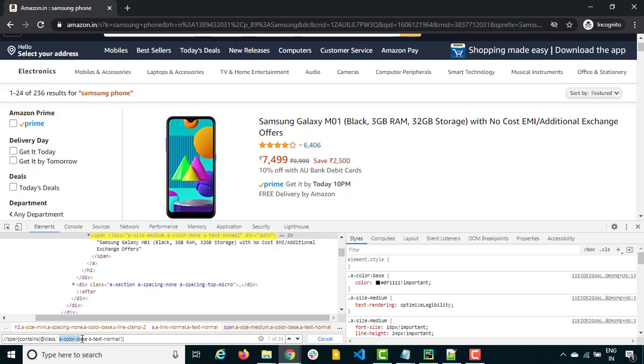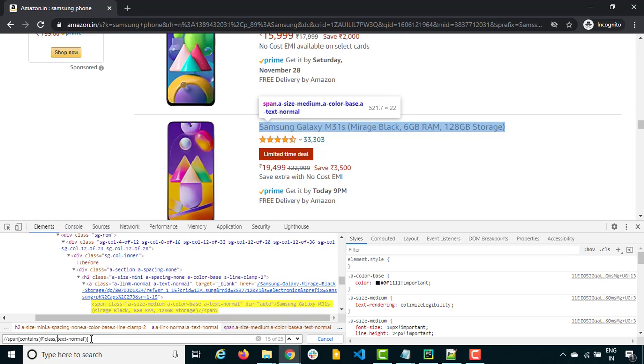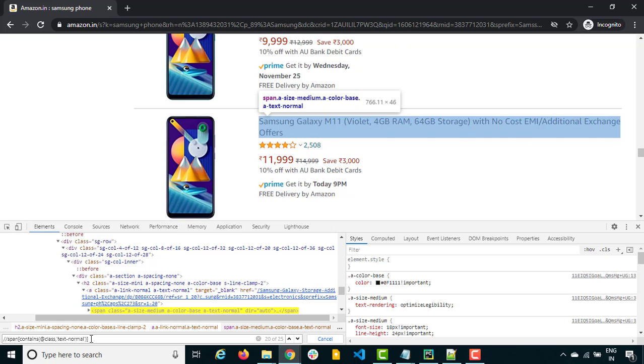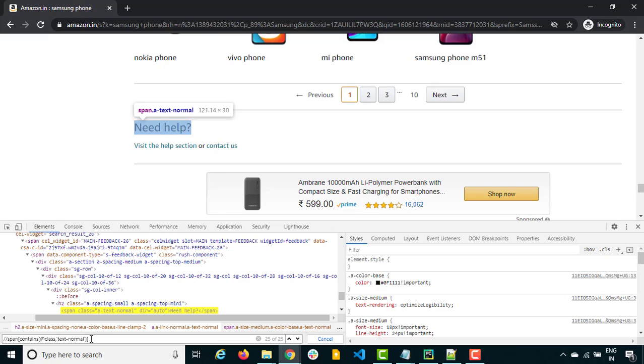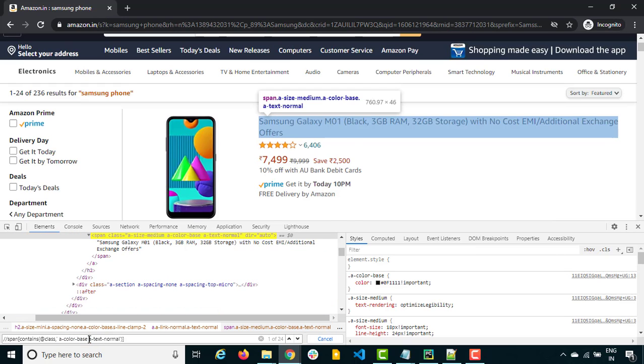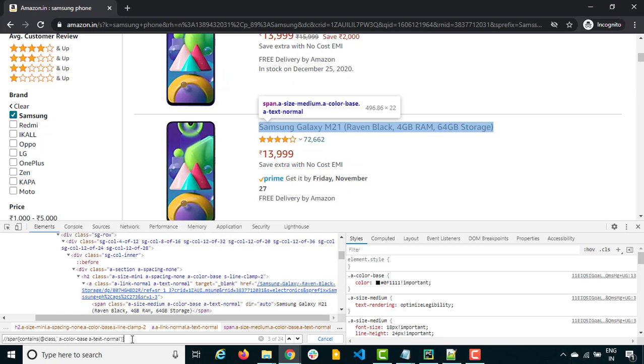If I remove this also, okay, we got 25. It means one additional record is coming. So let's try the old XPath, because this is giving some additional record, I guess, which might not fit our requirement. As you can see, the 25th one is this one, right, which we don't want basically. So let's stick to this one, which is a-color-base a-text-normal, which will match all the